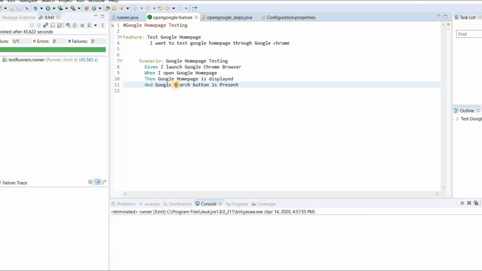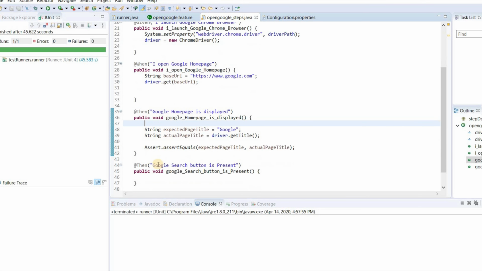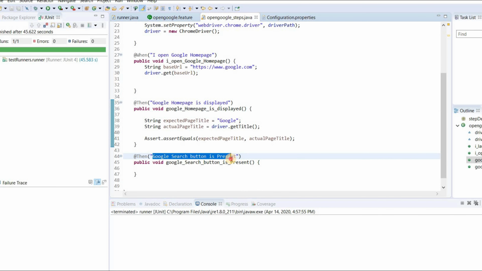And in the feature, the last thing that we have written is Google search button must be present. We will go to the steps and we will find Google search button is present, and in this we have to write another assertion code.